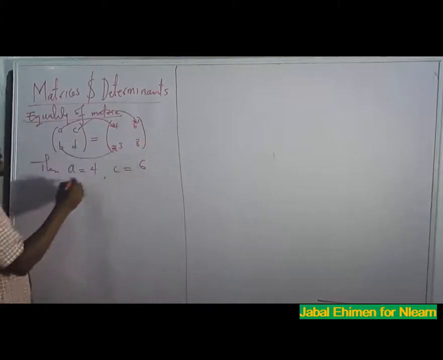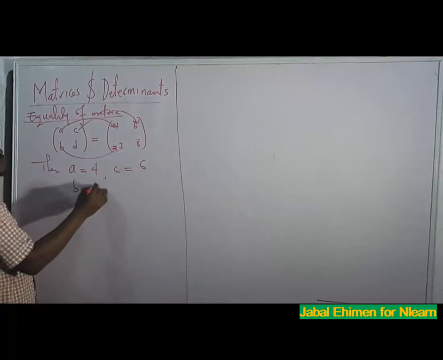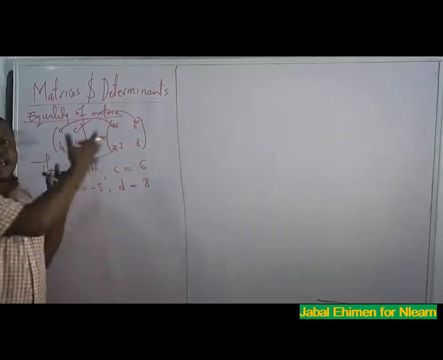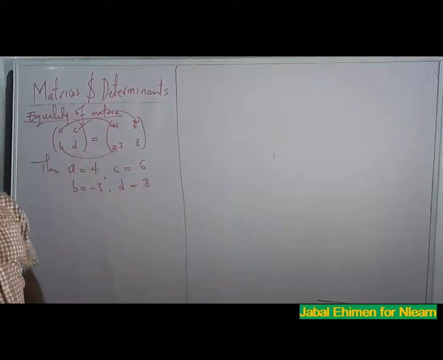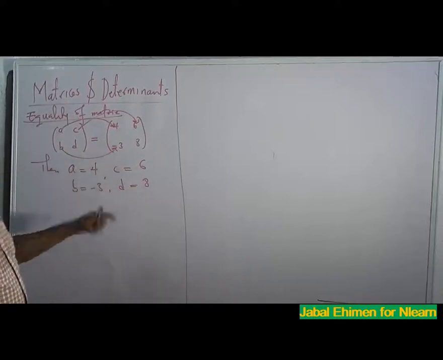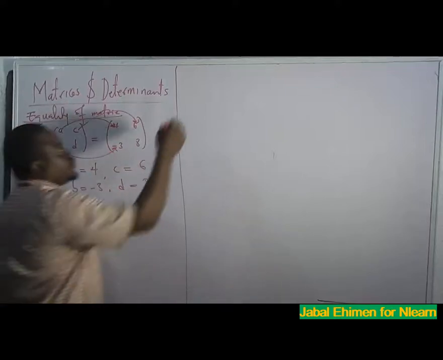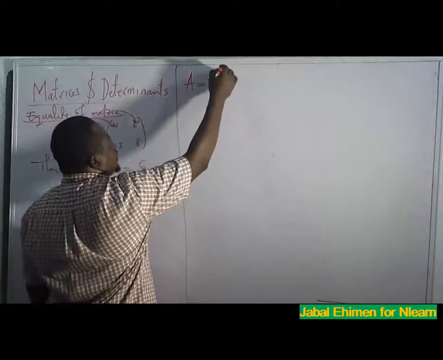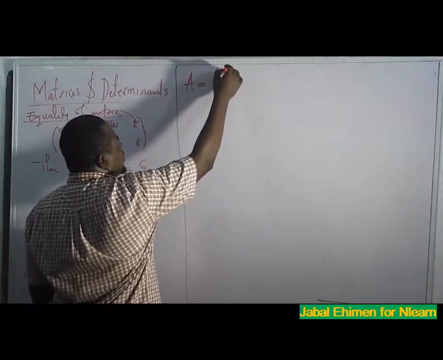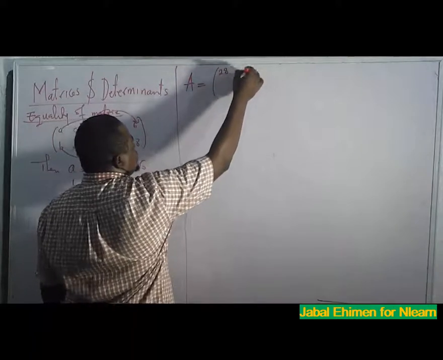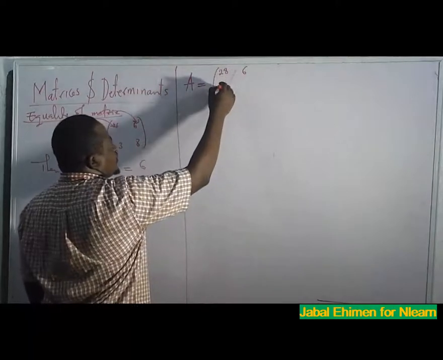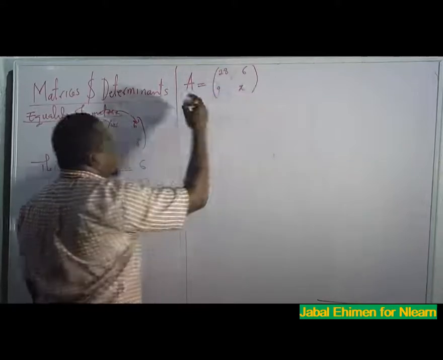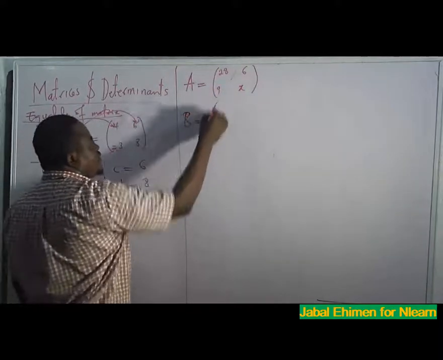It shows that B is equal to minus 3, and it shows that D is equal to 8. So these are elements of matrix A. Now, for example, if I tell you that matrix A is 28, 6, 9, X, and I tell you that matrix B is